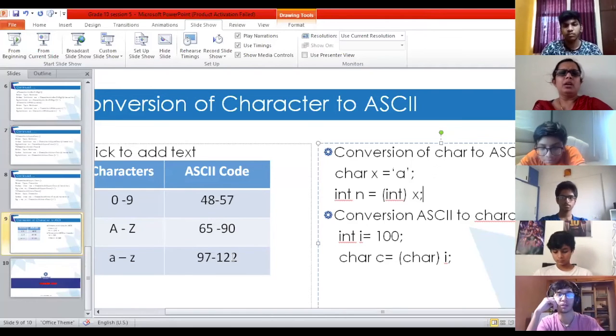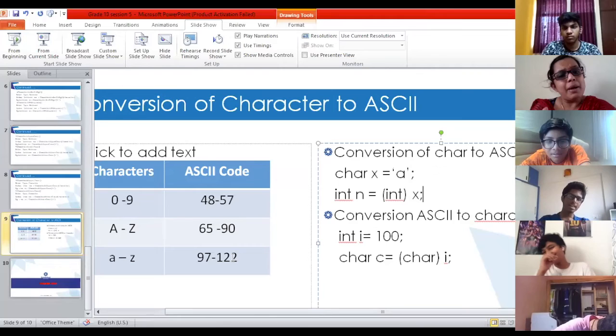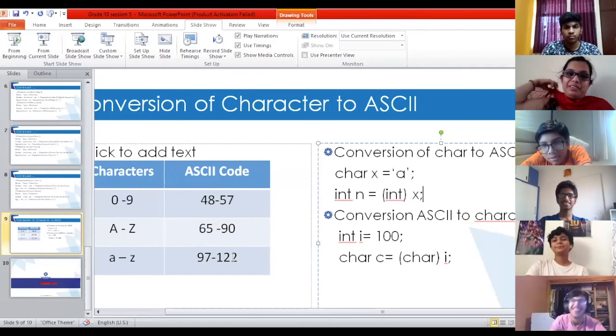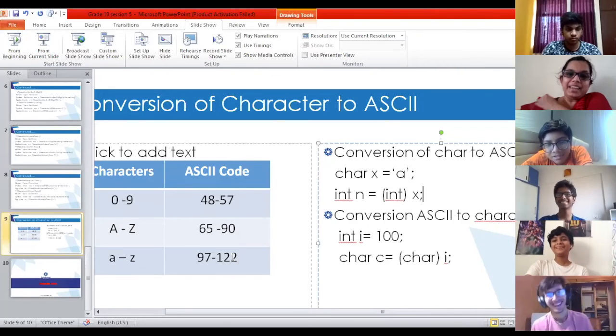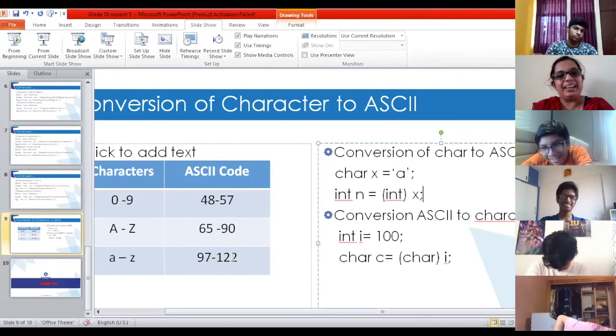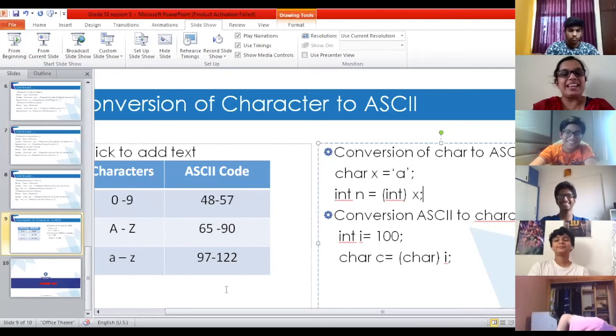The character is 'a', and the value of 'a' is 97.